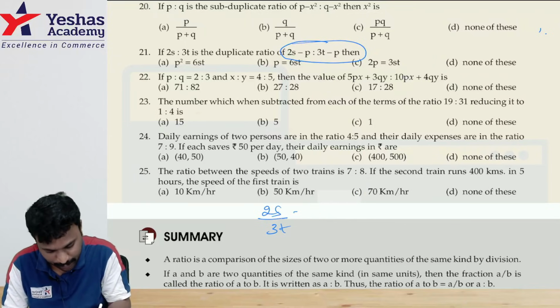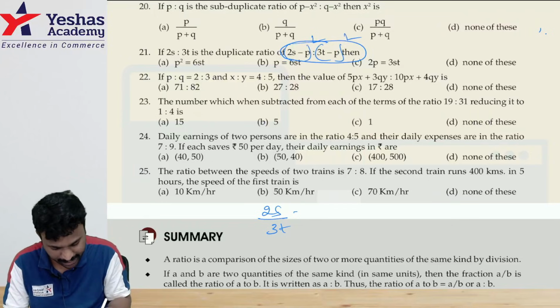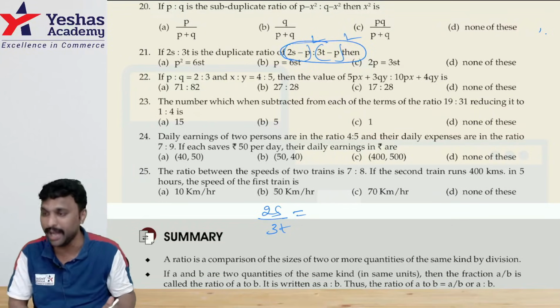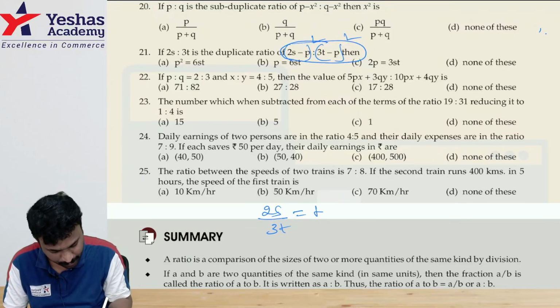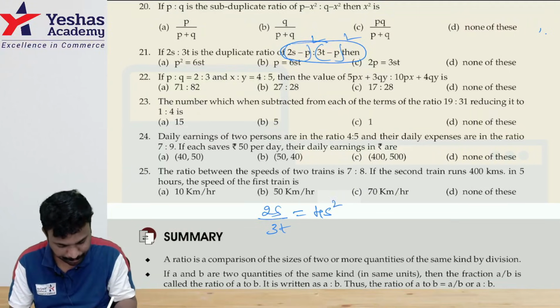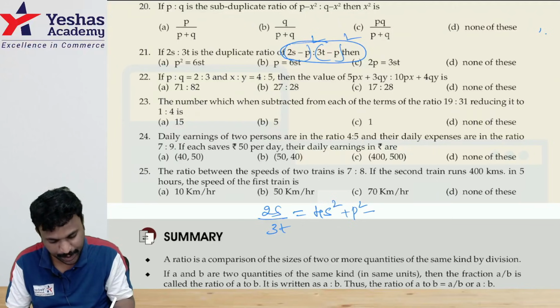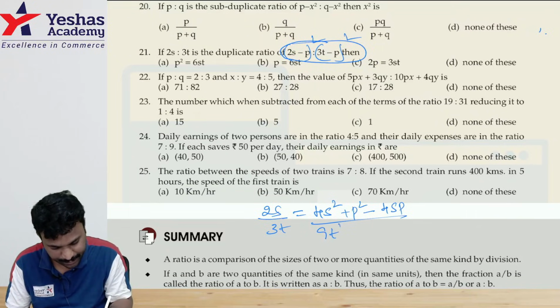Just apply the formula (a minus b) whole square straight away in the mind. So 2s the whole square is 4s square plus p square minus 2 into s into p is 4sp, divided by 3t the whole square is 9t square plus p square minus 2 into 3t into p is